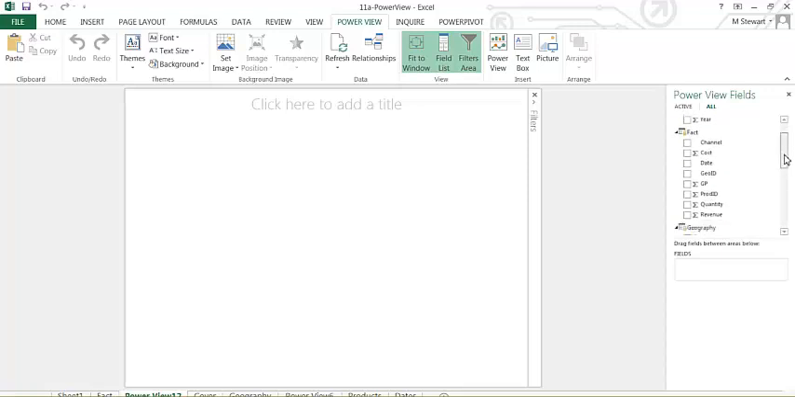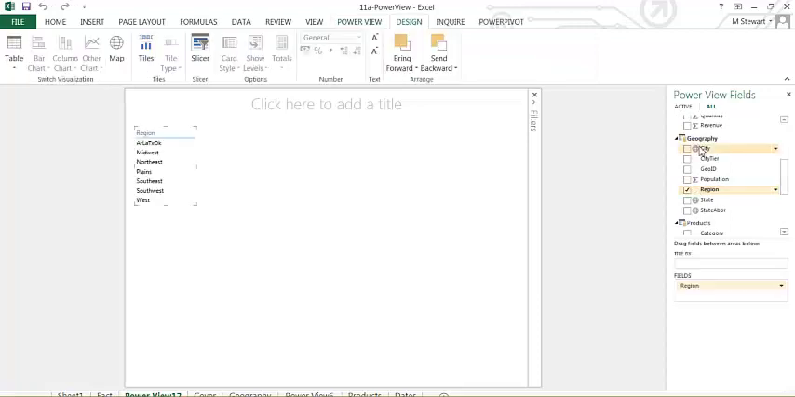And in order to start, we need to choose some fields. We're going to look at region and revenue. You'll see that it'll come down into the fields box, and it will also automatically show up in your canvas. At this point, you can change your data